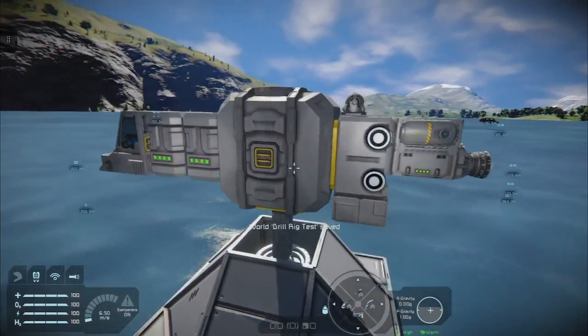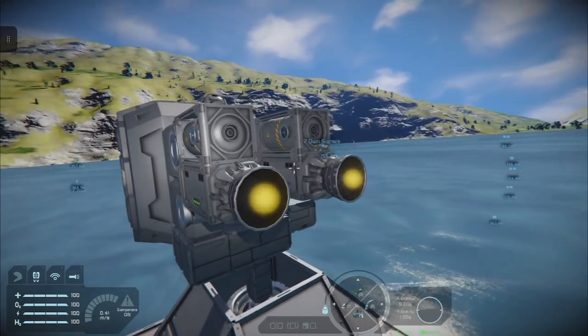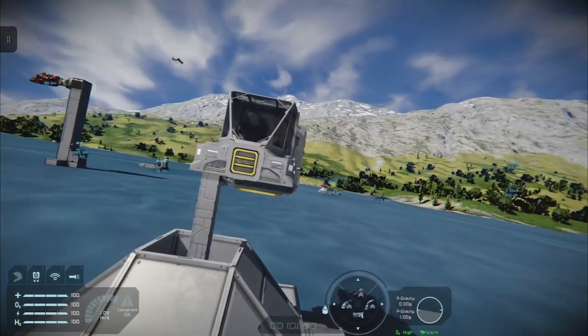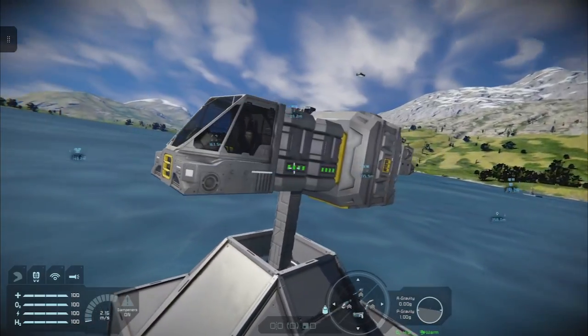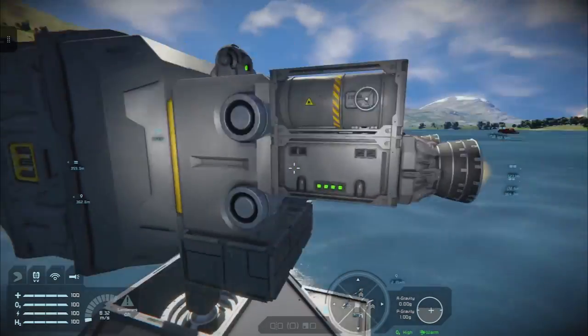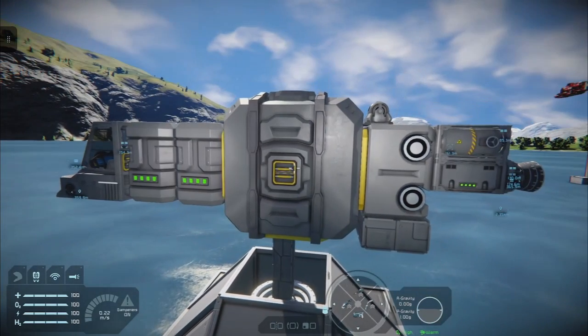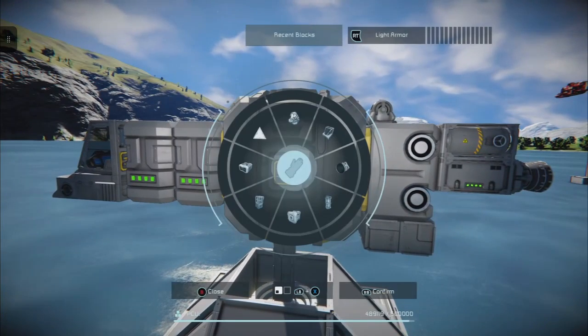And now we have forward thrust. We could put 1 hydrogen thruster here and create the thrust we need, but we've got 2 here. And with hydrogen, my suggestion, always balance it in the direction.